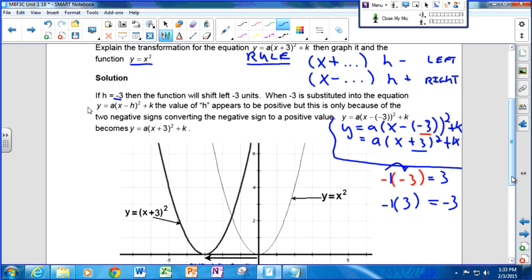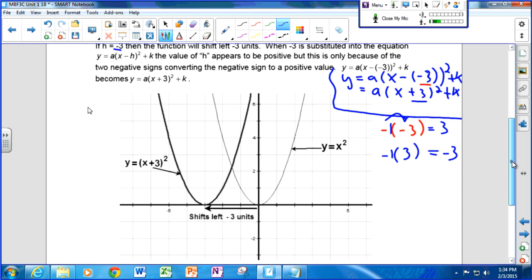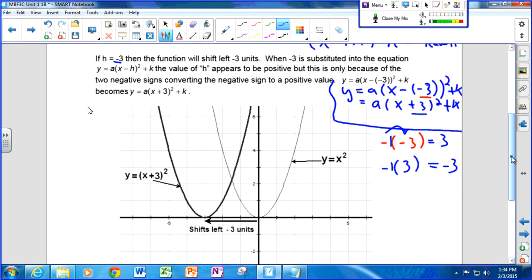Okay. Now this is probably in all of lesson 1. This is, I think, probably the hardest concept. So don't worry if it takes you a little bit of practice to get it. You'll get it. Okay, you'll see enough of these that you'll be able to figure it out. But let's take a look at what this looks like on a graph.